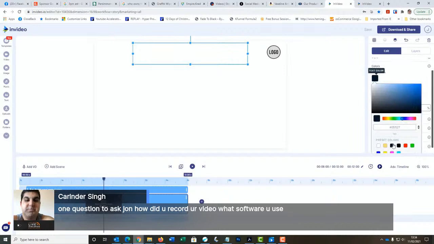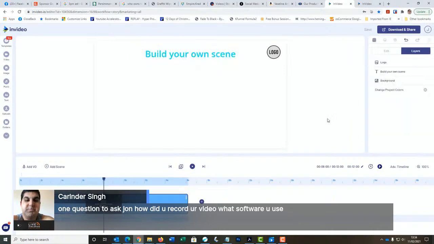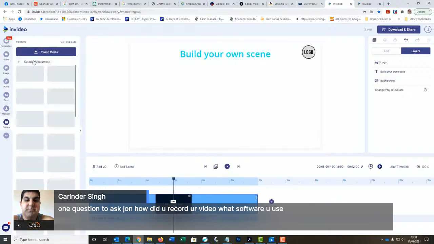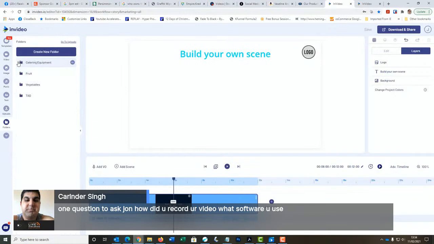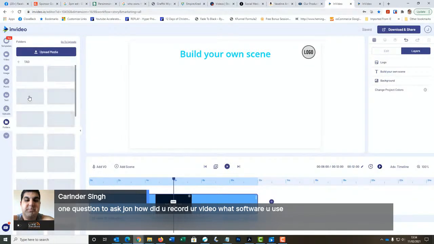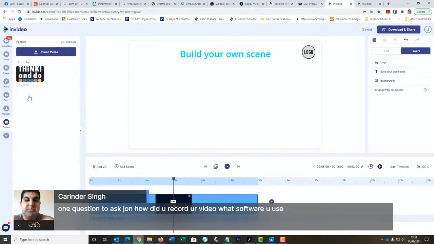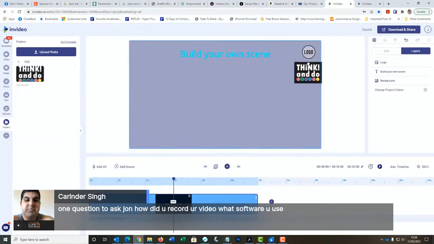We'll make the text, well, actually, let's make the text blue. Okay, so now I've got it there, and of course if I go to folders, caching equipment, no, I didn't want to go to folders, caching equipment, I wanted to go to folders, think and do. So that will open the folder, show me the media I've got there, and hey presto, I can add my